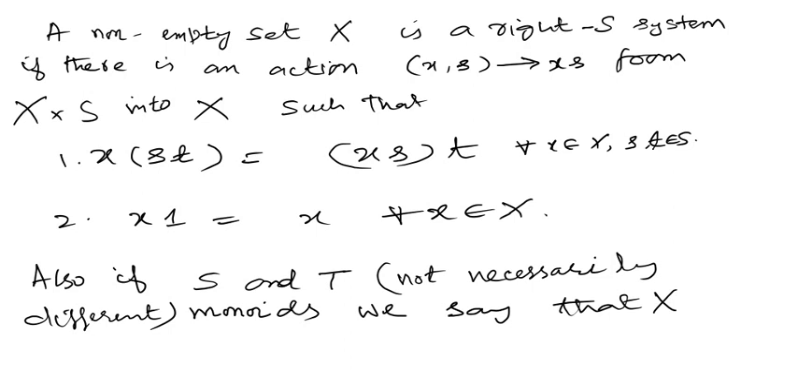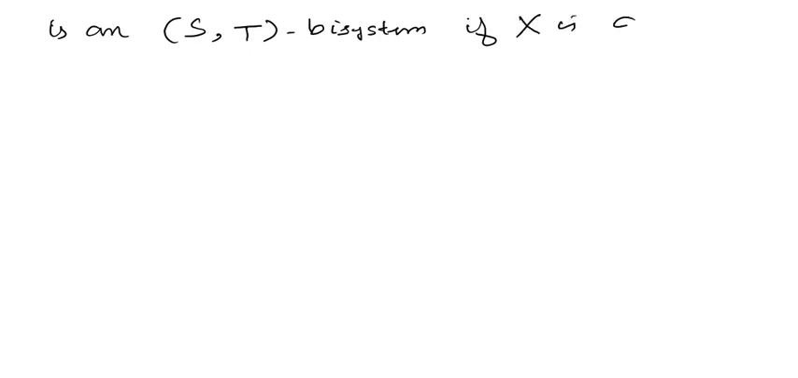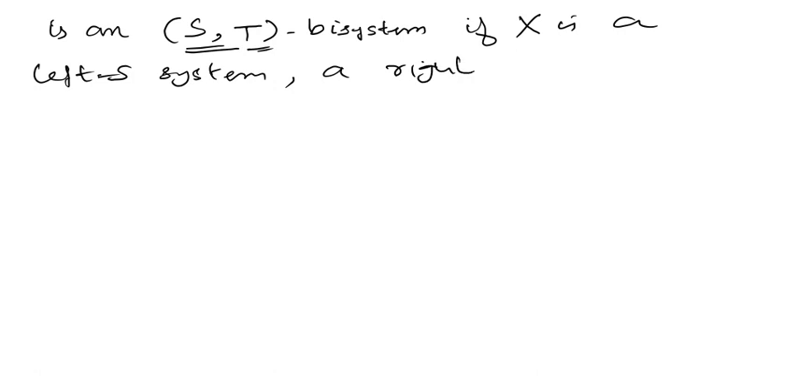We say that X is an ST bi-system, OK? हम कहेंगे X ST bi-system है अगर X होगा, if X is a left S system, क्योंकि S लेफ्ट साइड में है नोटेशन में, जो T राइट साइड में, OK? X left S system होगा, राइट T system भी होगा, एक तो left S system होगा, दूसरा right T system भी होगा, X दोनों।